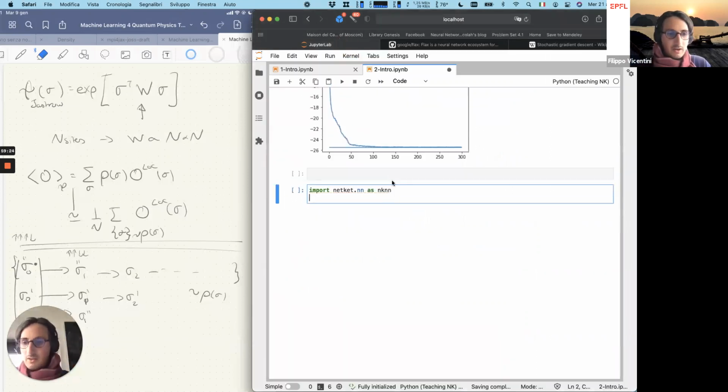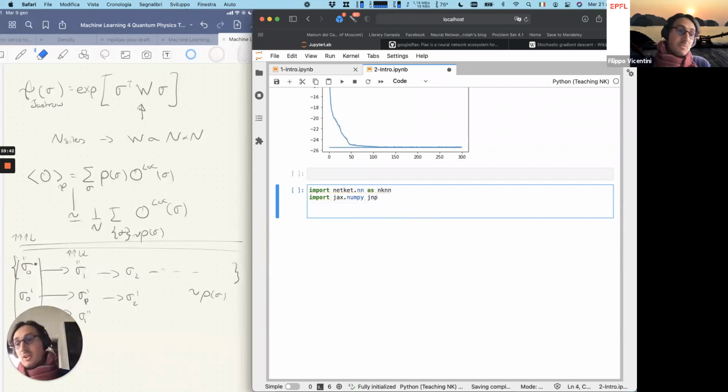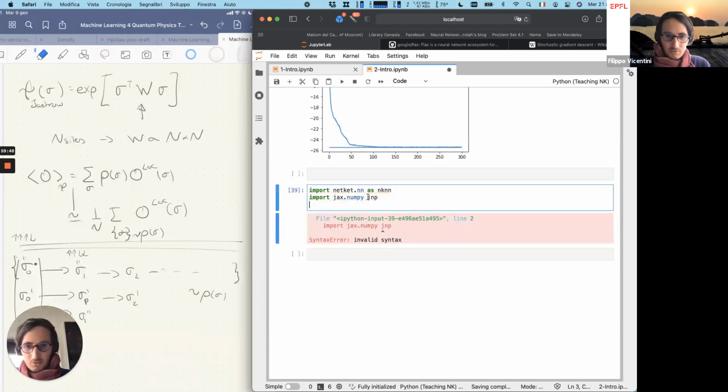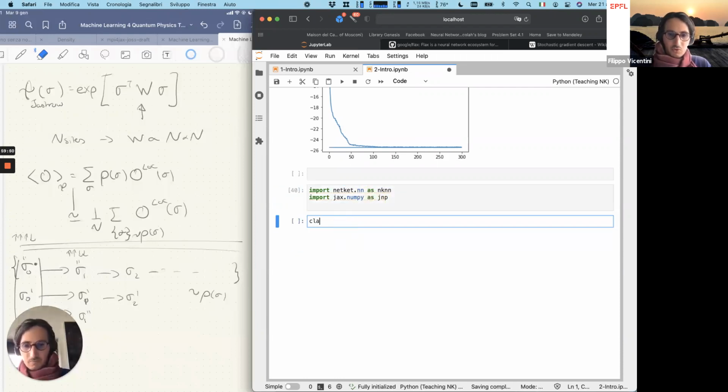Again, this is all written down in the documentation if you care about it, but to give you a very fast crash course: the idea is that everything you need to write your models is inside netcat.nn. We will also need to import the JAX version of NumPy, and we usually call it jnp. So to write a mean field ansatz, for example,